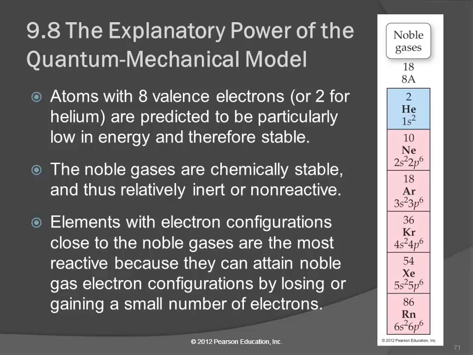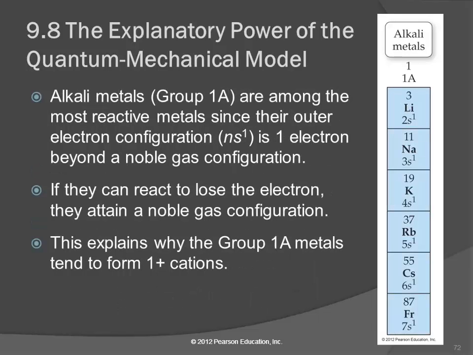And so the elements that are near the noble gases, their electron configurations are really close. And so they're actually very reactive because when they react, they get an electron configuration that's the same as one of these noble gases. So the alkali metals, group 1A, all of their electron configurations end in s1. Let's look at sodium. Sodium has one more electron